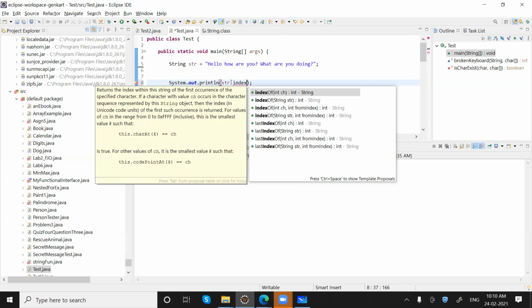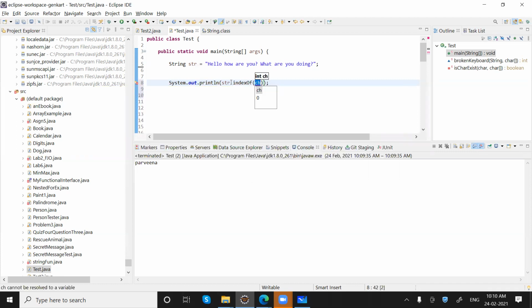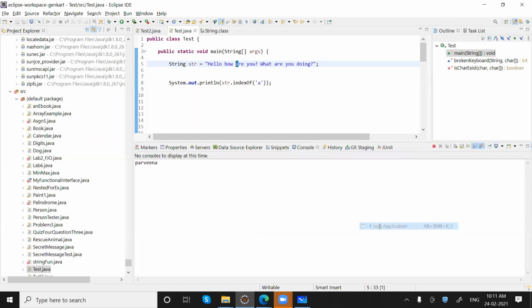So when we pass a character like this, let me take a, it will tell us the first occurrence of a in this string, meaning at what index we got the first a. Like we can see we have a at 0 1 2 3 4 5 6 7 8 9 10. On the 10th index we have a, so it will give us 10, the first occurrence of a. Getting my point?